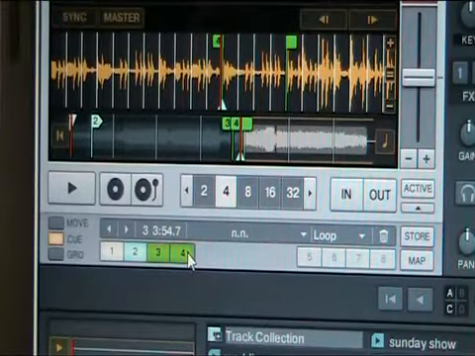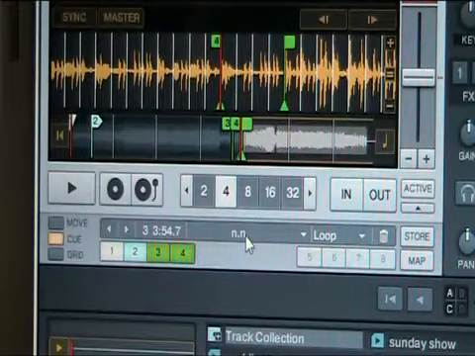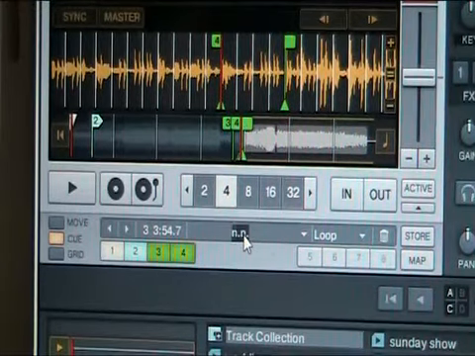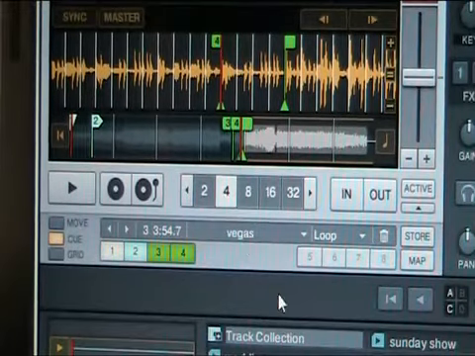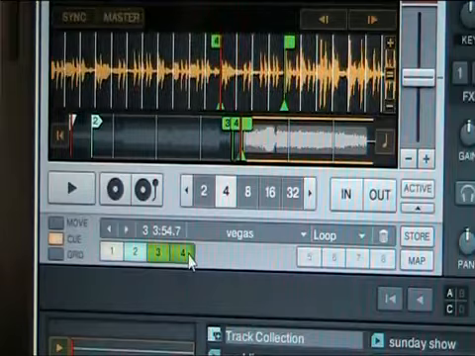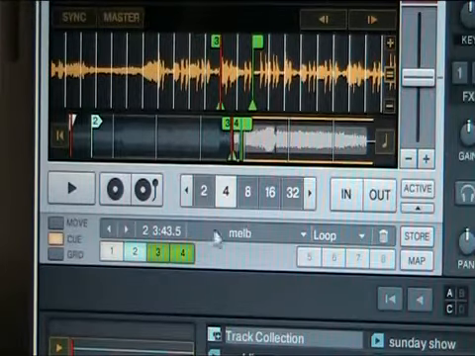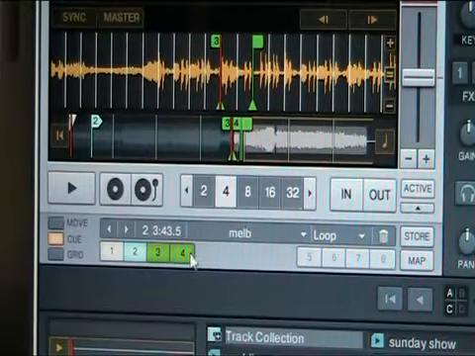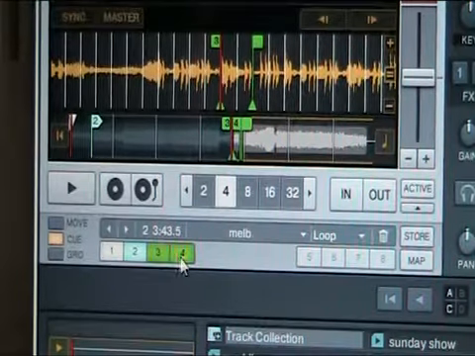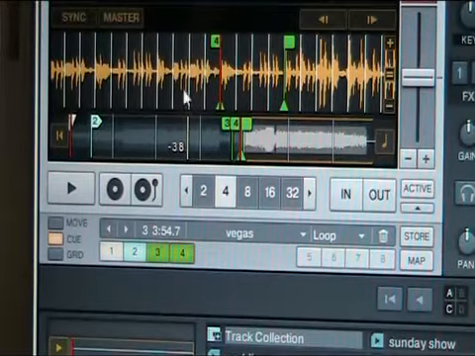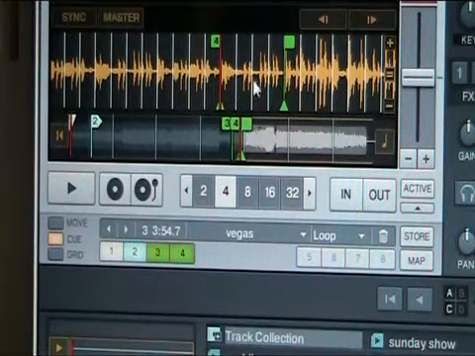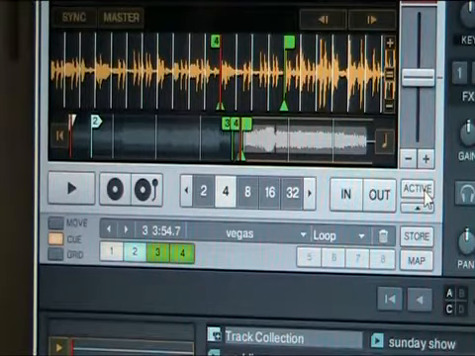And you can name that. Double click this section and just name it whatever you want. Vegas. We're going to name that one Vegas. And this one is called Melbourne. Hey, pretty easy, isn't it? Vegas, Melbourne. So every time it comes along and picks up one of these green markers, it's going to loop it automatically as long as it's activated. So we'll activate it now,